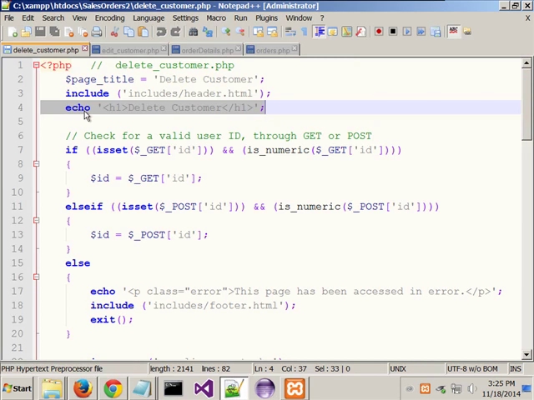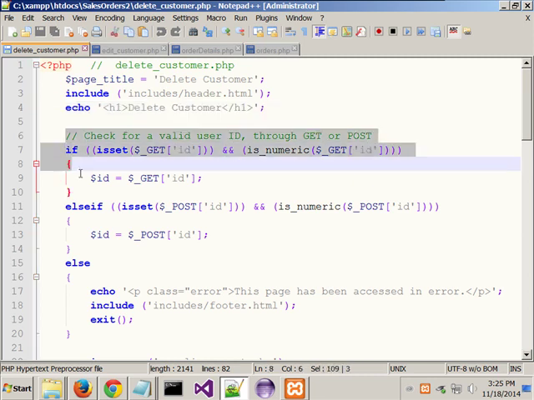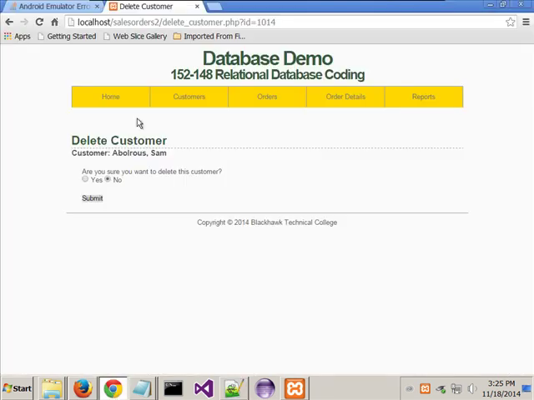Now it says check for a valid user ID through a get or a post. So what that's saying is what you want to make sure doesn't happen is the following. That is kind of what Mike had talked about a while back. Now notice what it says. It's got this delete customer PHP, ID equals, etc. But if I grab this,